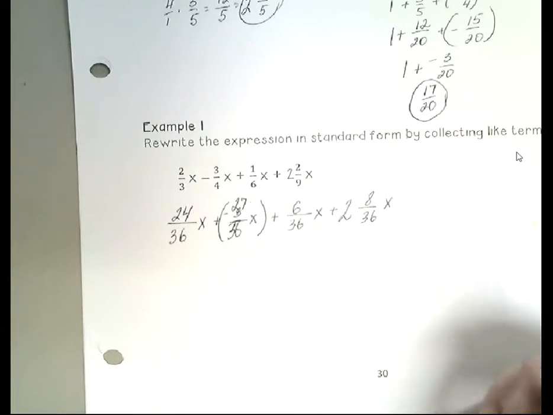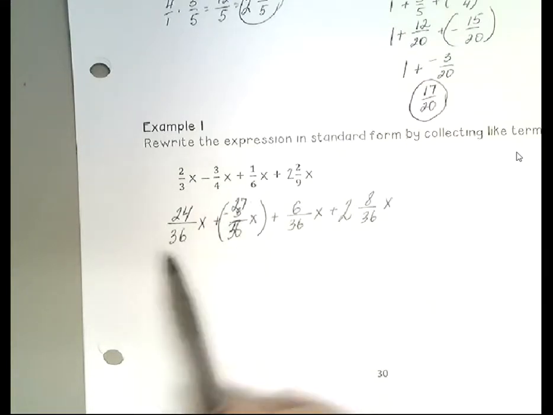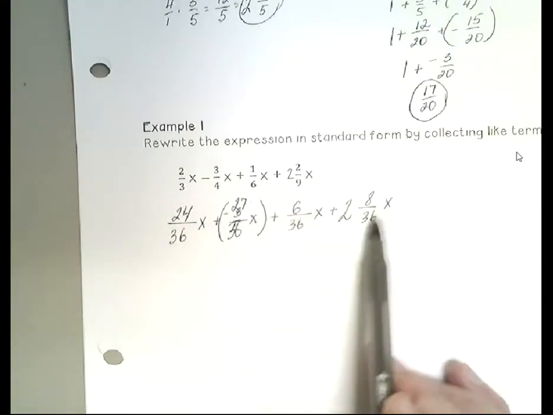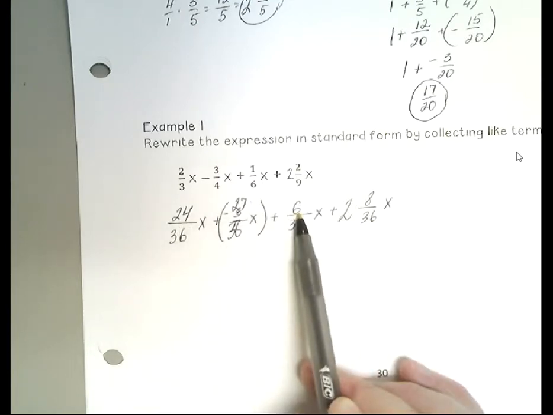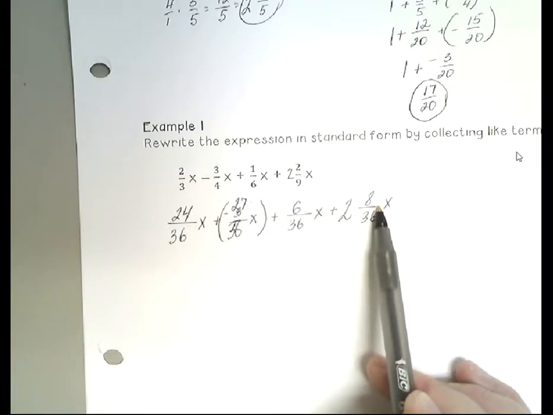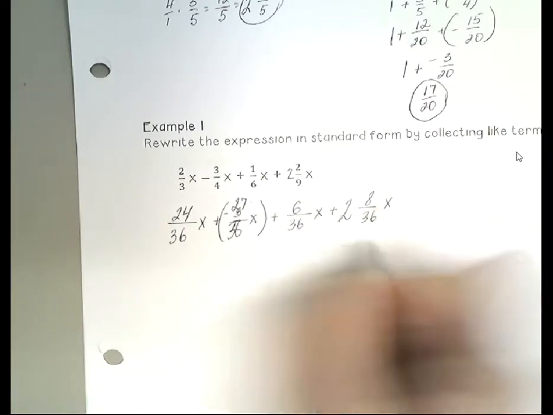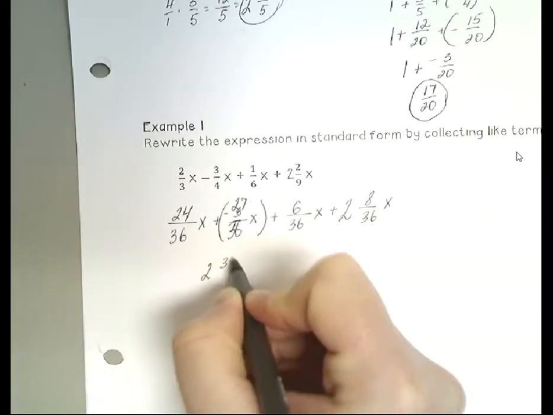Now I need to combine them appropriately. So I have 3 positive numbers. It'll be easier to combine positive numbers first. So 24 and 6 will give us 30. 30 plus 8 is 38. So I will have 2 and 38